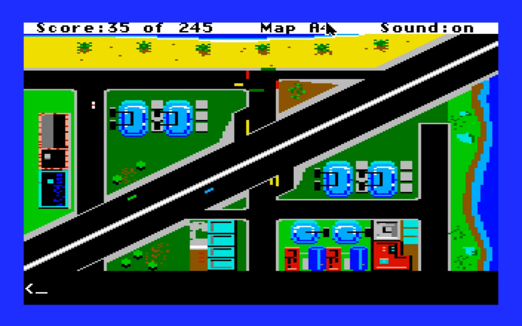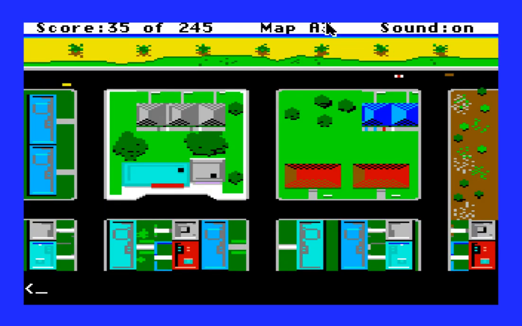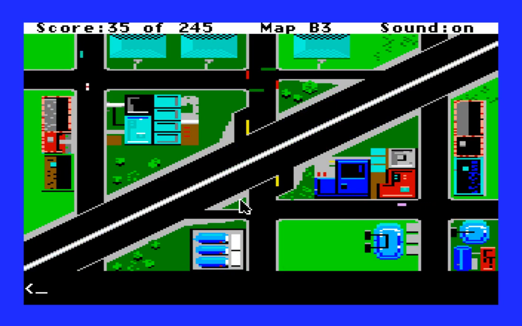Now, if you have the map, obviously having the map of the city helps, but I think we can just go, see how it says at the top, this is map A3. I think if we just go down, I think it's B something where the accident is. Isn't it like B2 or something like that? Right, so here's